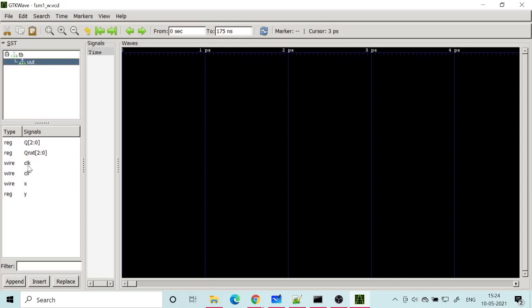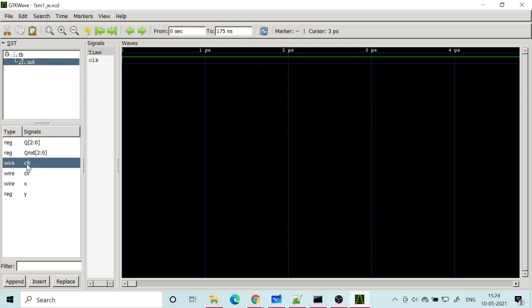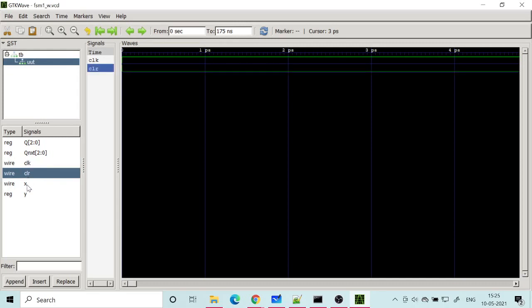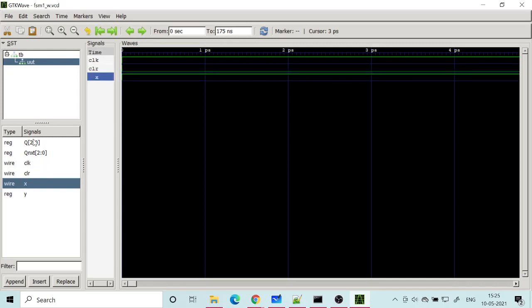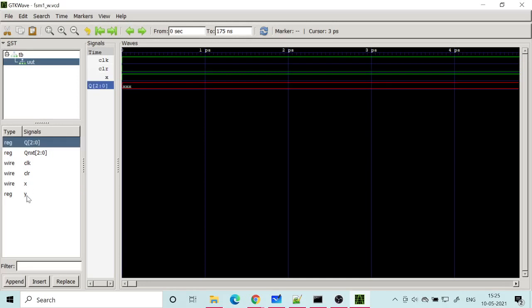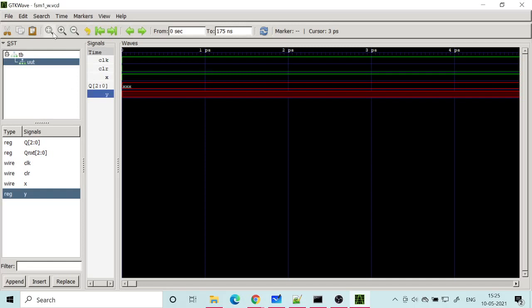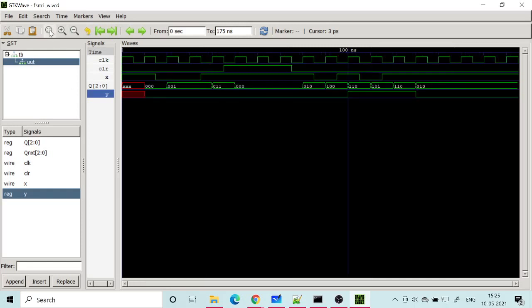Okay, so first let us take clock. So that's the clock, and then clear, then our X, then our Q, and finally Y. I am adjusting to fit the entire waveform that I have generated into the entire space available.